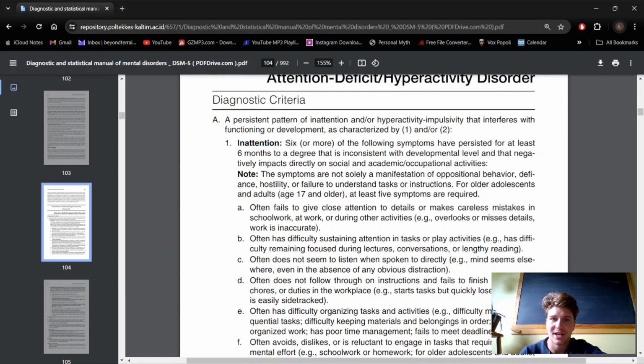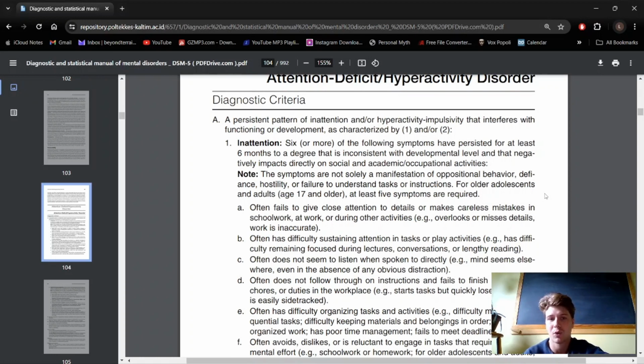For inattention, you need to have 6 or more of the following symptoms which have persisted for at least 6 months to a degree that is inconsistent with developmental level and that negatively impacts directly on social and academic occupational activities. The symptoms are not solely a manifestation of oppositional behavior, defiance, hostility, or failure to understand tasks or instructions. For older adolescents and adults age 17 and older,